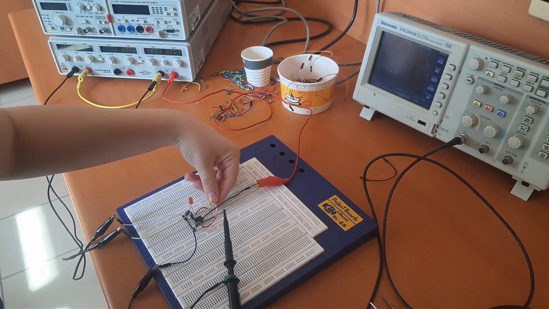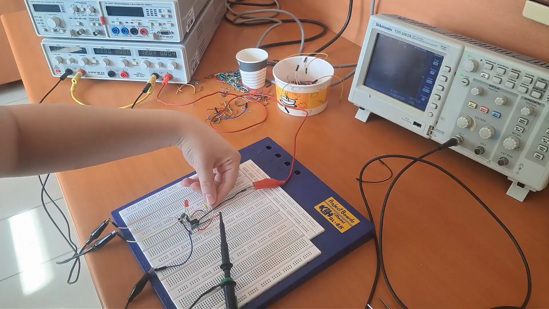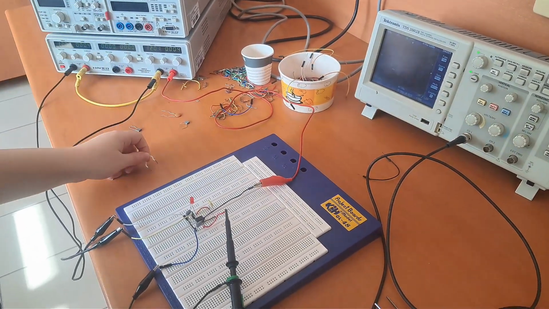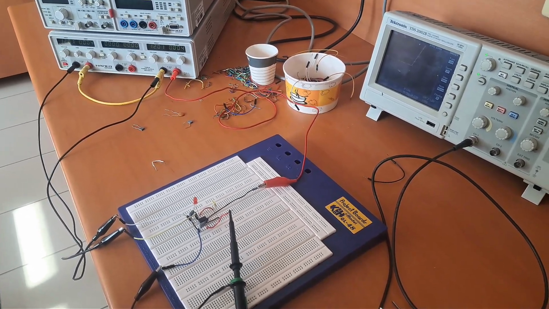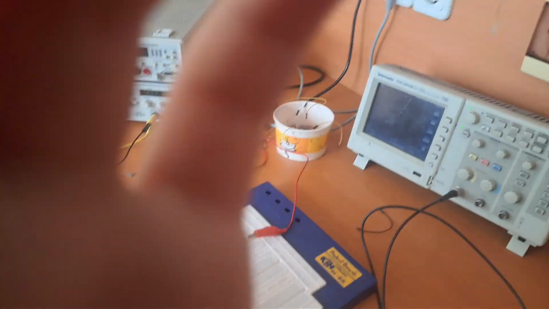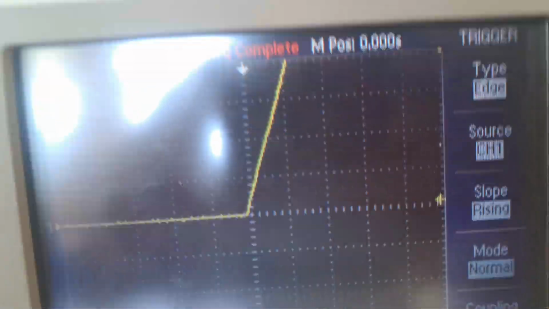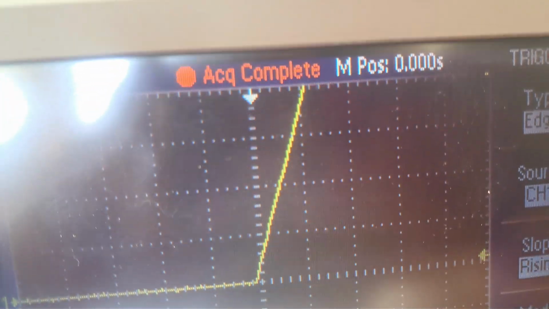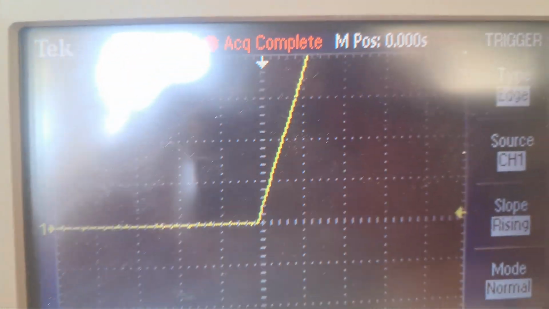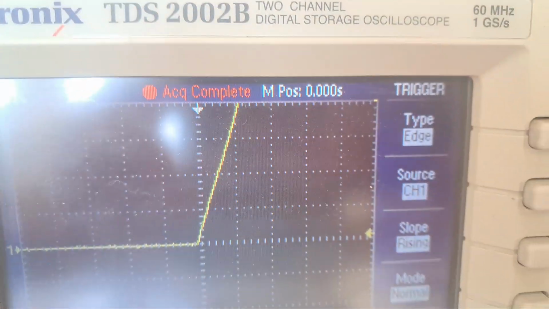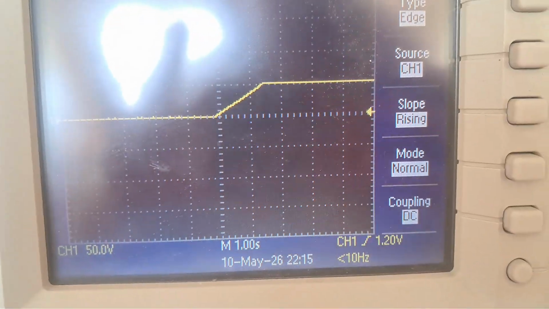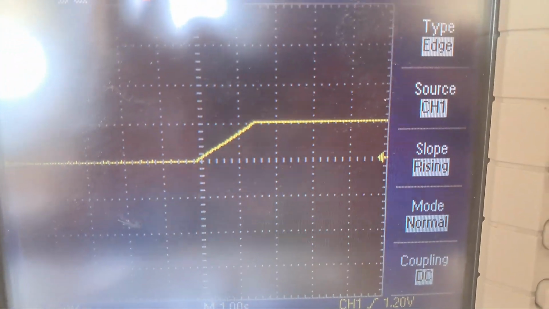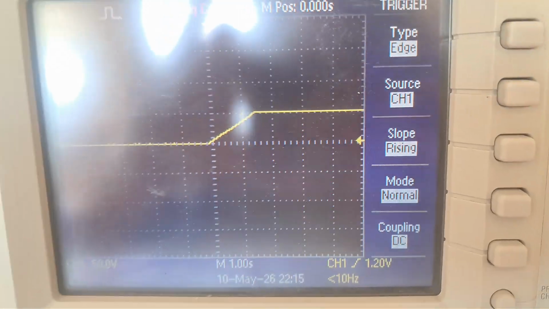It says armed. I'm waiting. Ready. Now it's triggered, and we'll wait to see the ramp output. And here we are. This is the slope, and through the slope we're gonna measure the photodiode current. Here I changed my volts per division to be able to understand the slope better, and I